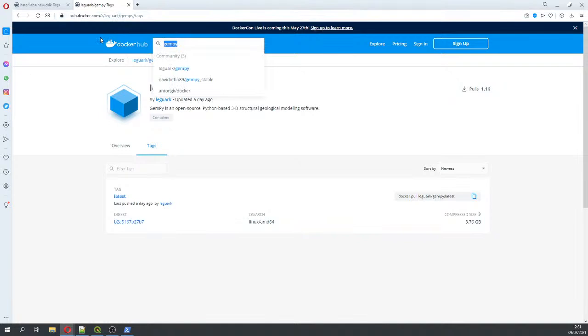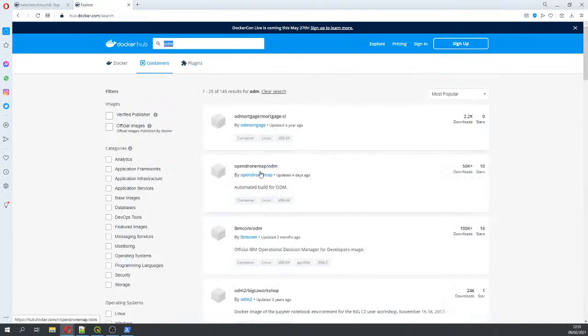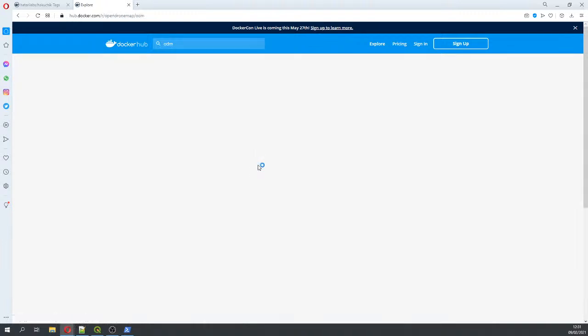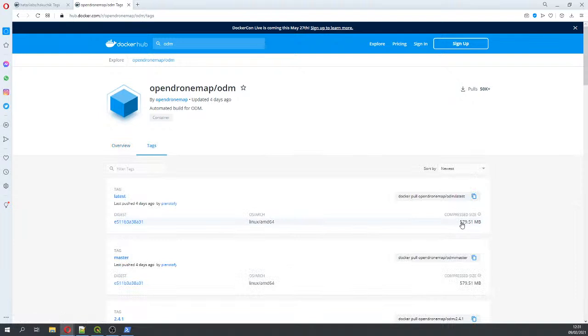And then if I want OpenDrawMap, it has a smaller one, 579 megabytes. For example, what are the main images that we use? OpenDrawMap, Gempi, Hakuchik,